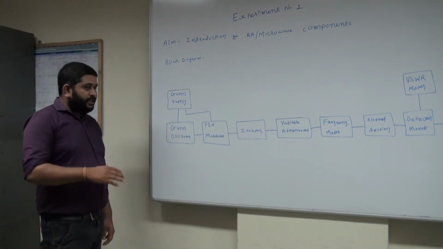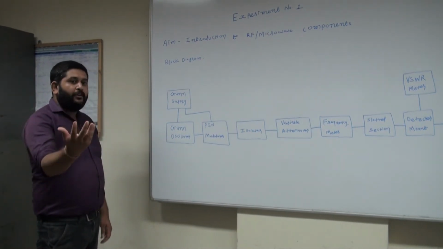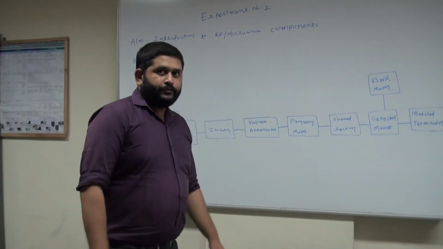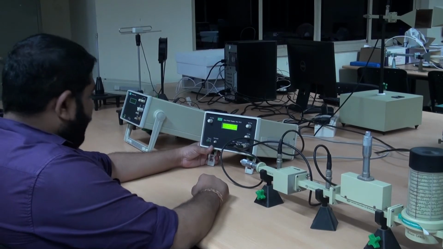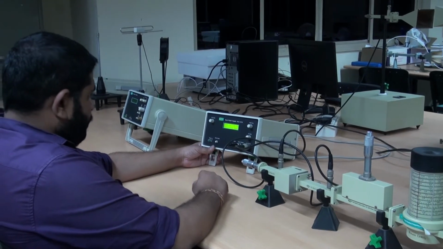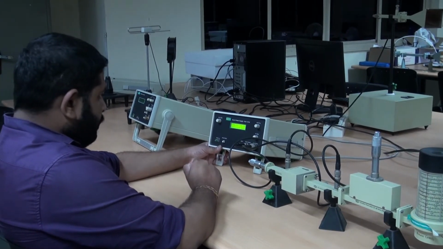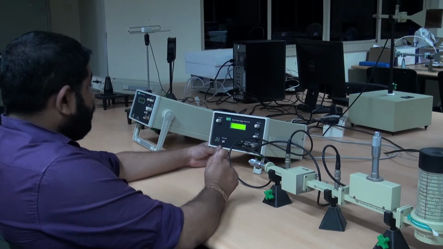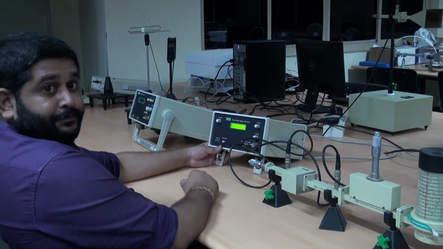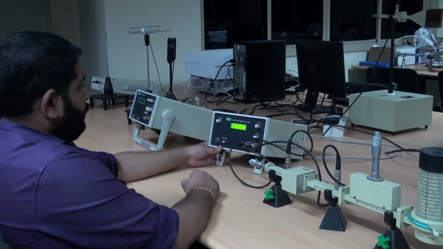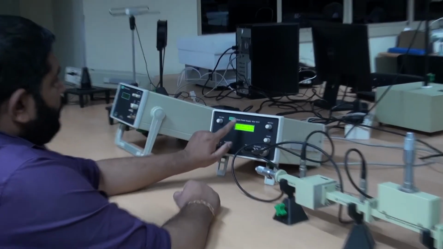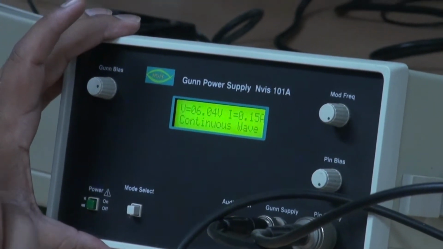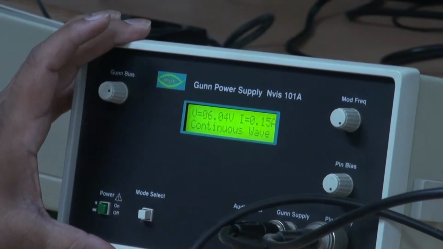And next we will move to the actual hardware of the microwave test bench. Okay, I am going to start with the microwave test bench using the Gunn power supply. So first one, this is the Gunn power supply, and the low DC voltage power supply, and